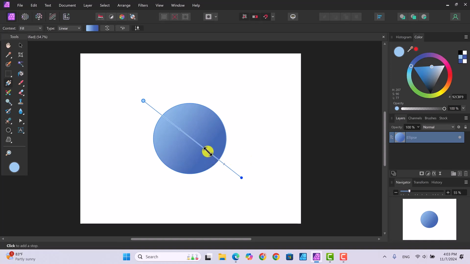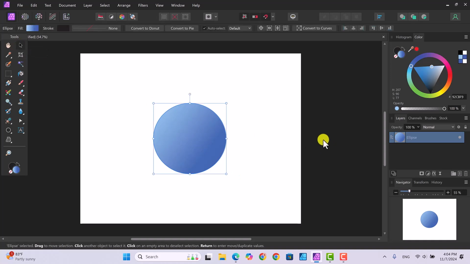Now see, by clicking on it, I gave you another node. We'll get into, in the example after this, how you can use multiple nodes to get different colors on this. Just to be on the safe side, I am going to select the Move tool so that I can get rid of everything. Now that I've got my gradient in there,